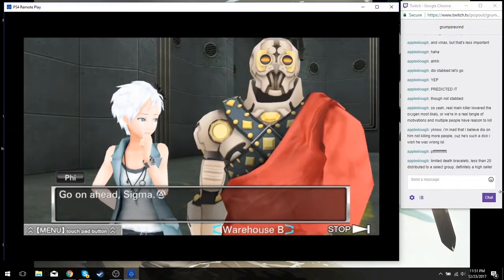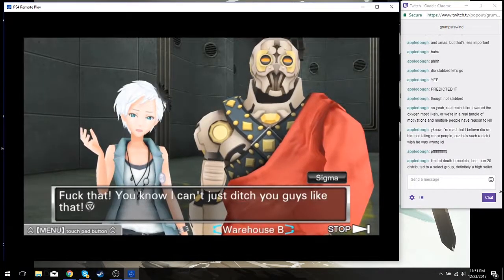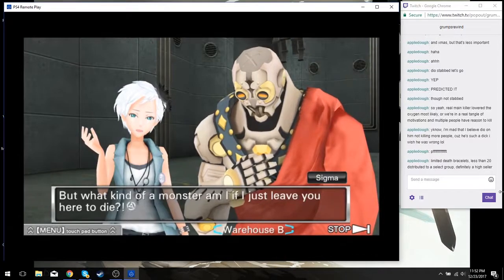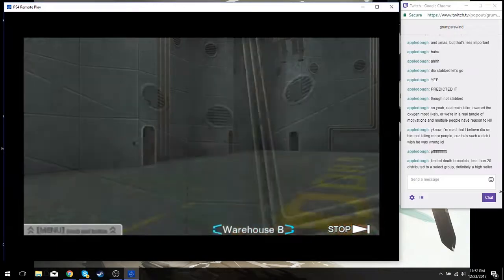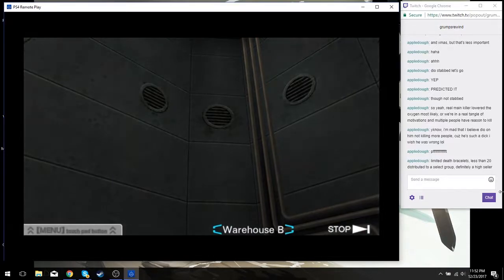Go on ahead, Sigma. You have those bracelets Kay gave you, right? You should be able to get through the secondary door with it. So just... No! You know I can't just ditch you guys like that. If you stay here, you'll... You think I don't know that? What kind of monster am I if I just leave you here to die? This is bad. What was I gonna do? I need to calm down. Just calm down and think. There had to be a way to save them. There just had...